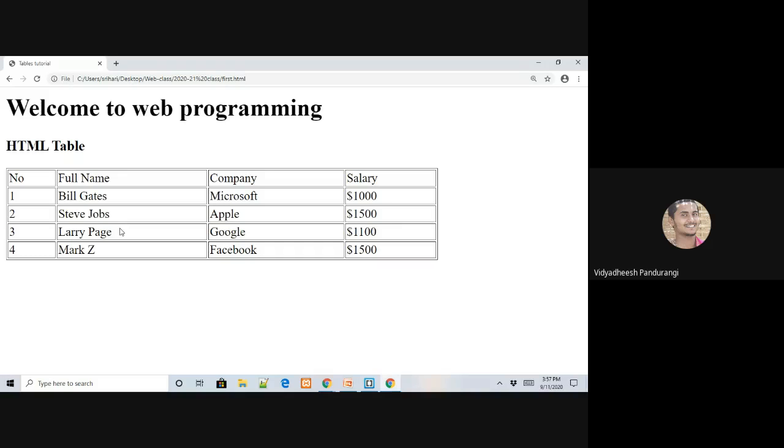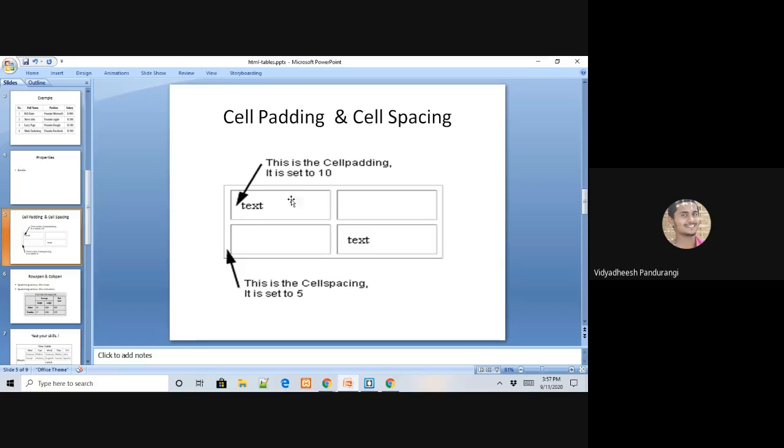So we have two things here, the outer border and the inner cells. You can provide some space along with the cells as well as the outer border using these two features, that is cell padding and cell spacing.